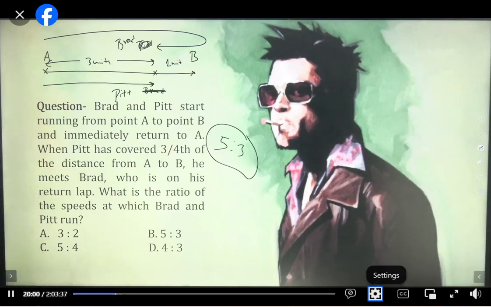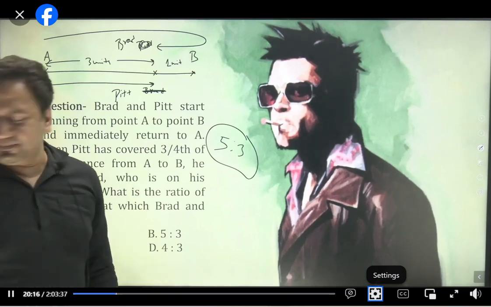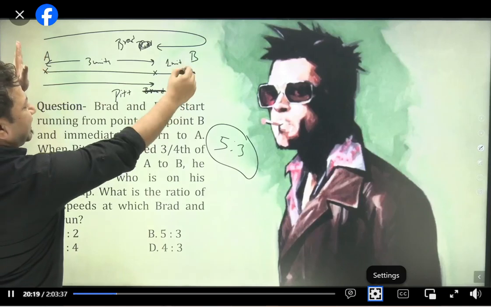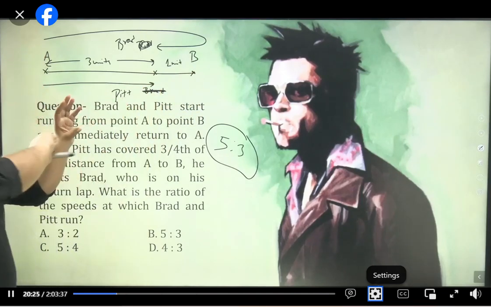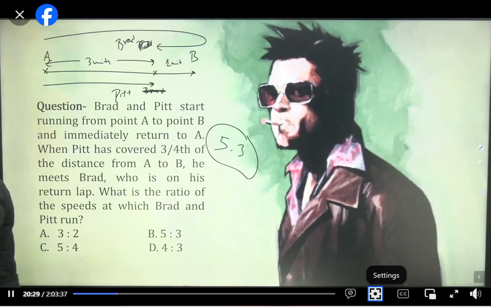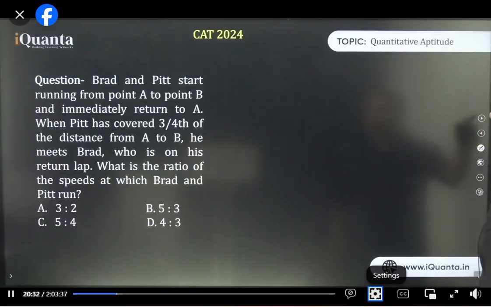ठीक है? हाँ अनुराग, बेसिक TSD है. जरूरी नहीं है कि सारे क्वेश्चन उसी के होंगे. It will be a mix of a lot of things. Clear everyone? It's simple. 5 units कैसे? 3 plus 1, 4. Brad reached point B and then he also turned back, and moved 1 unit more. 3 plus 1, 4, plus 1, 5. Okay, so let us go to the next question.